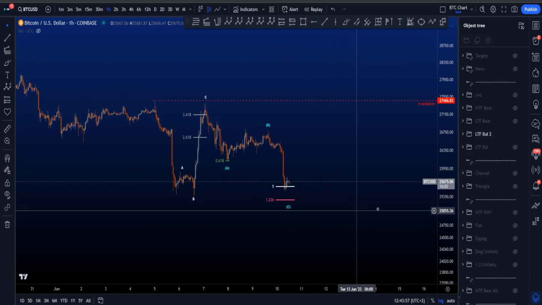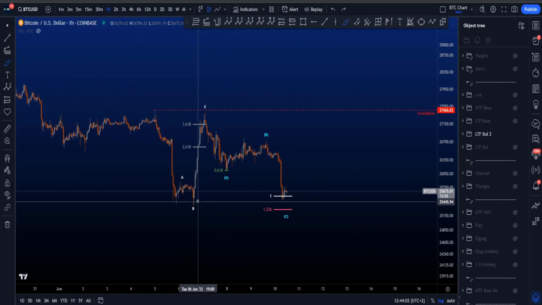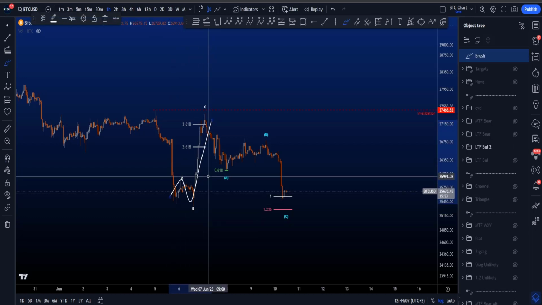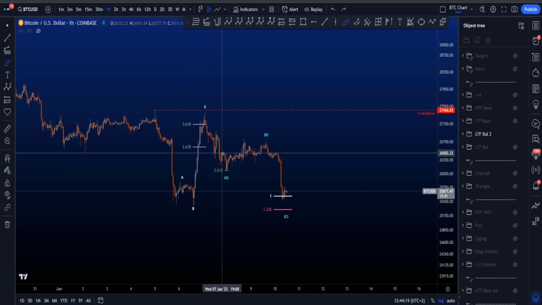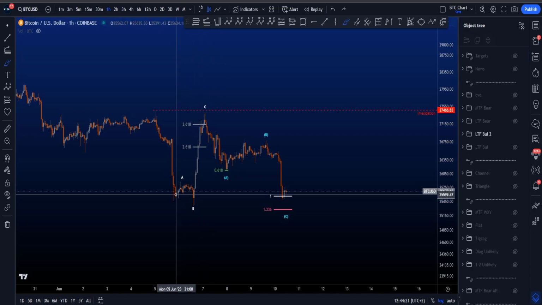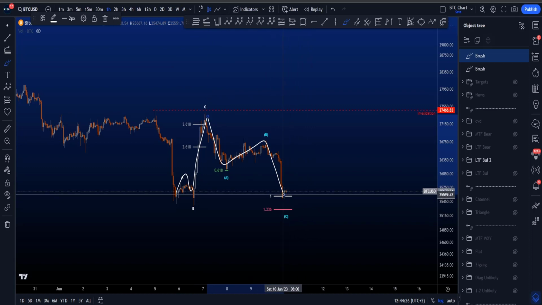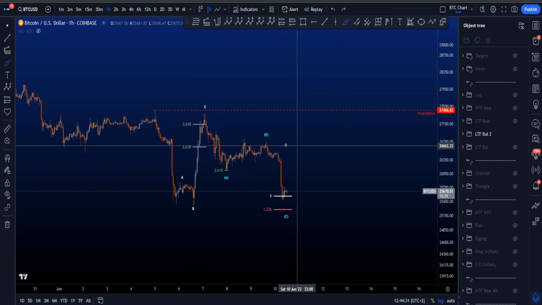If we then go to the second potential bullish scenario, then this is still a 3-wave structure to the downside, but then not the wave C ending over here, but it ends over here with this first move to the upside being an ABC structure, an expanding flat, which is very extended, which is also the reason that in the past couple of days, this was an alternative scenario, like the more bearish scenario, let's say, extending all the way to around the 3.618 for then a first structure, like a 3 structure to the upside, potentially then seeing another 3 to the downside,